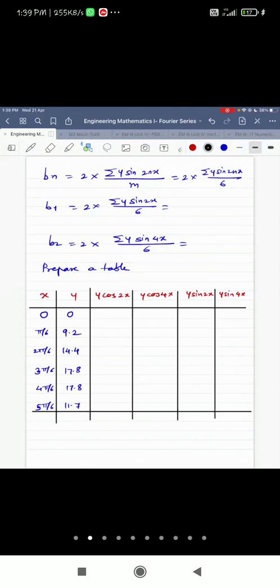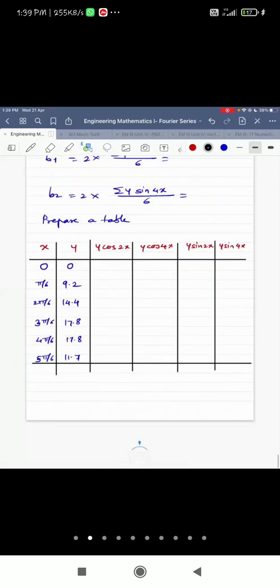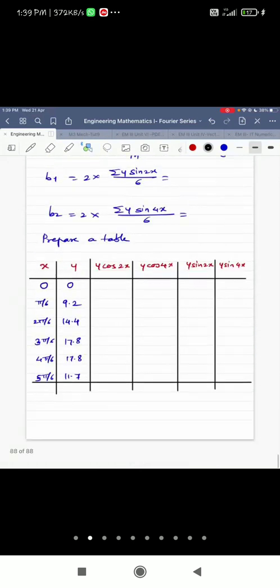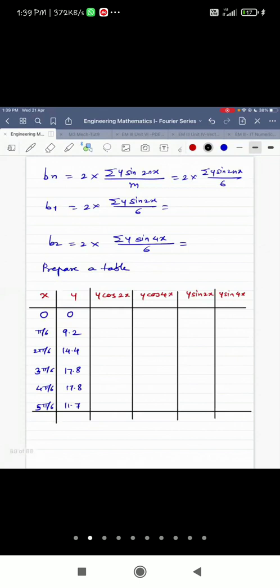Now you forget all the formulae, just keep this table in front of you. Write down this table in your notebook. Each and every student should write it in the notebook. Have you written? Please say yes in the chat box. Very few students are responding. It's a simple, interesting, important topic.